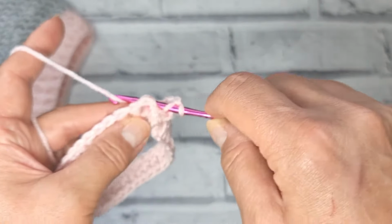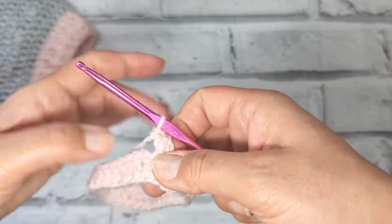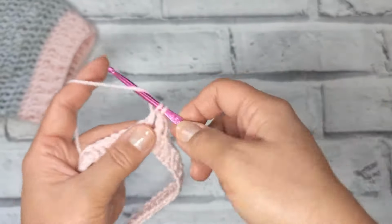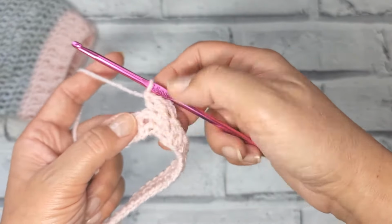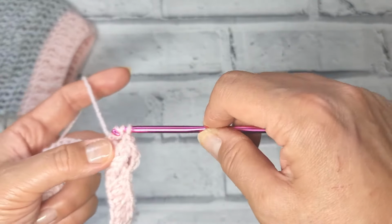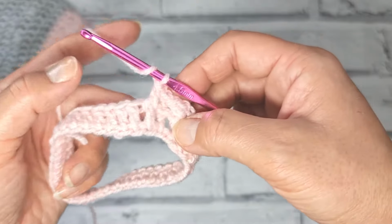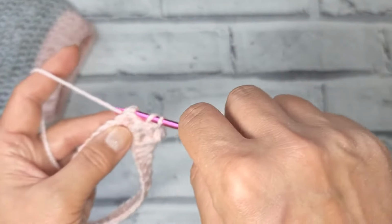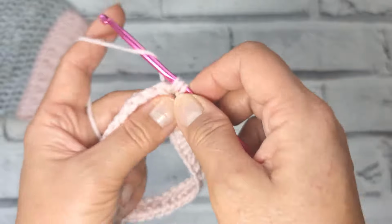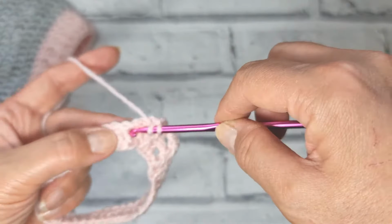So you're in the back, pull up a loop, let's do that again, yarn over into the back, pull up a loop, and there you go. So that's your back post, and then yarn over and into the front of the next one. Yarn over, into the back of the next one, pull up the loop from behind, making sure you don't go through all the loops at once, and then do the same as you would do as a double crochet. There you are at the back, and then yarn over, front post, double crochet,